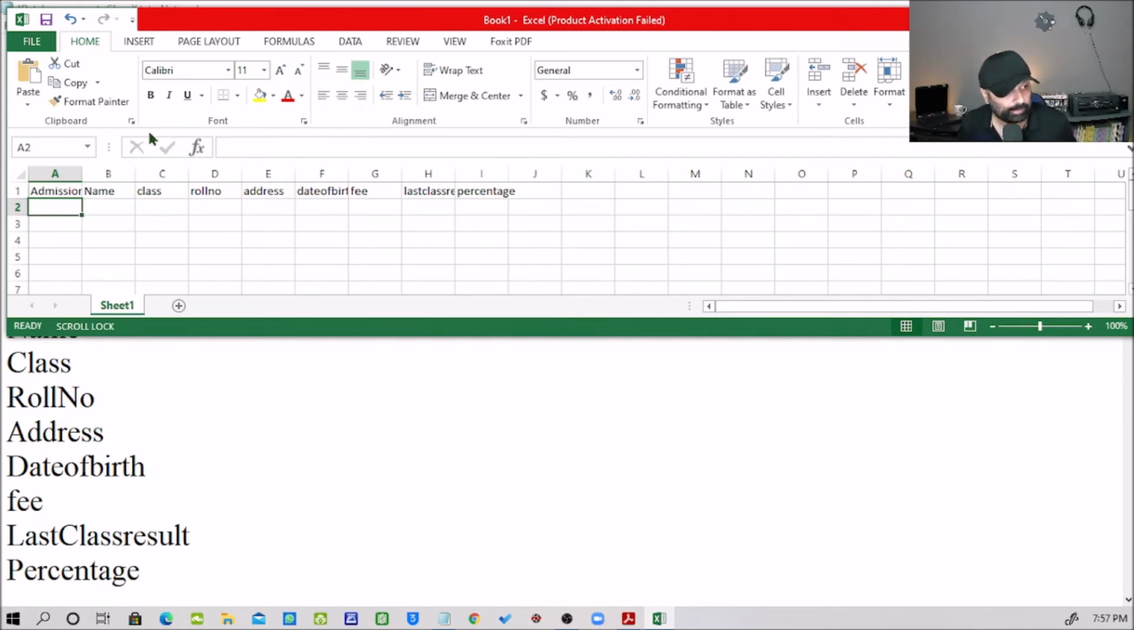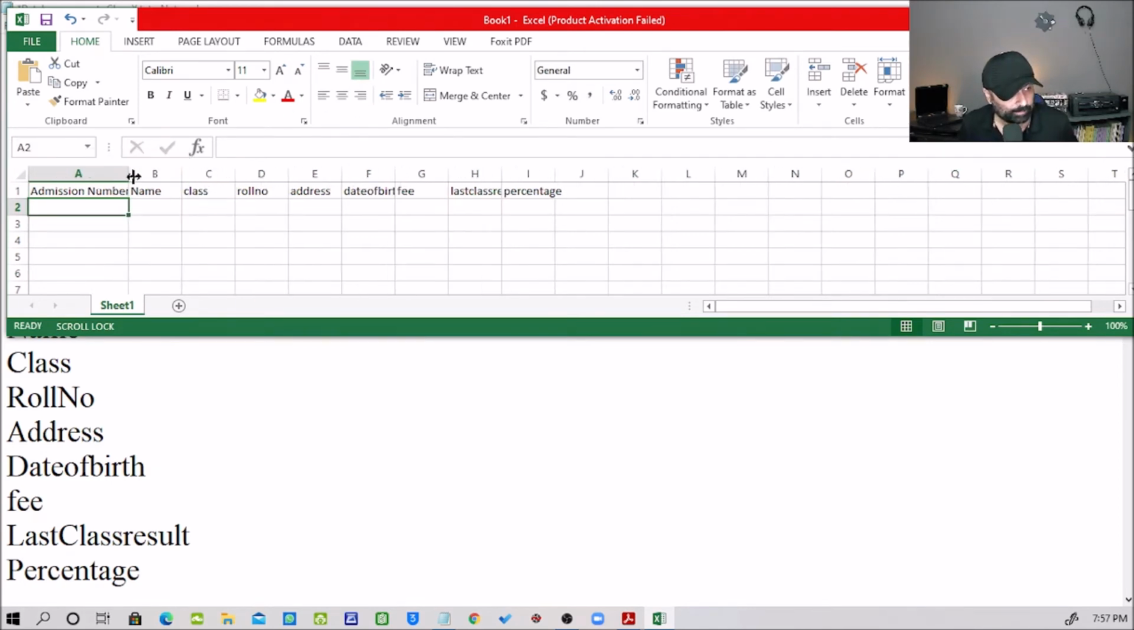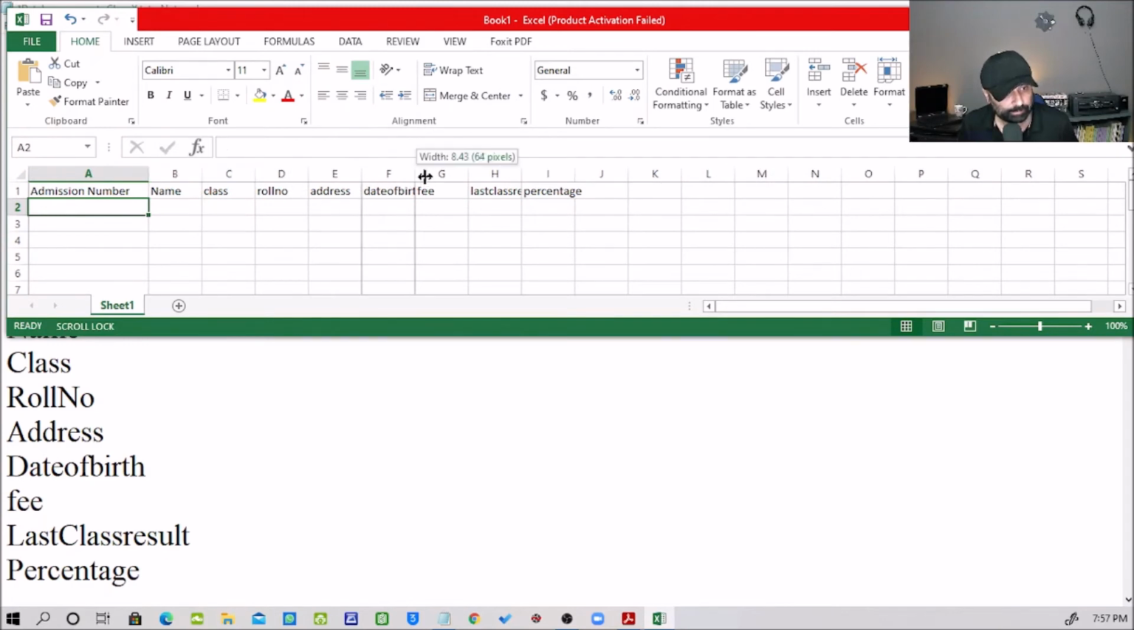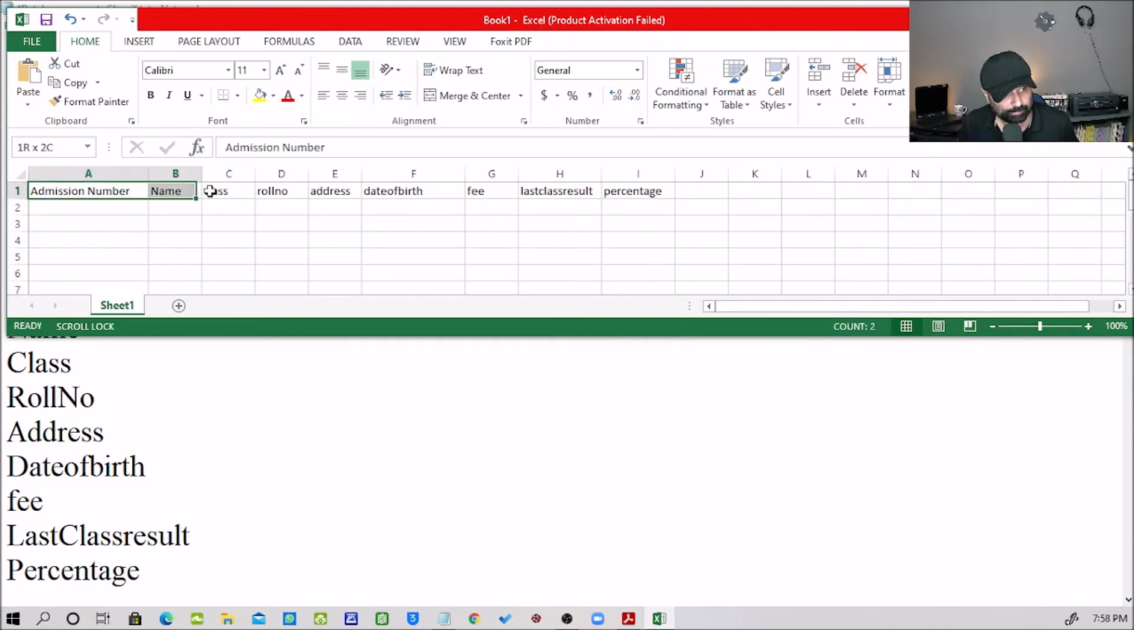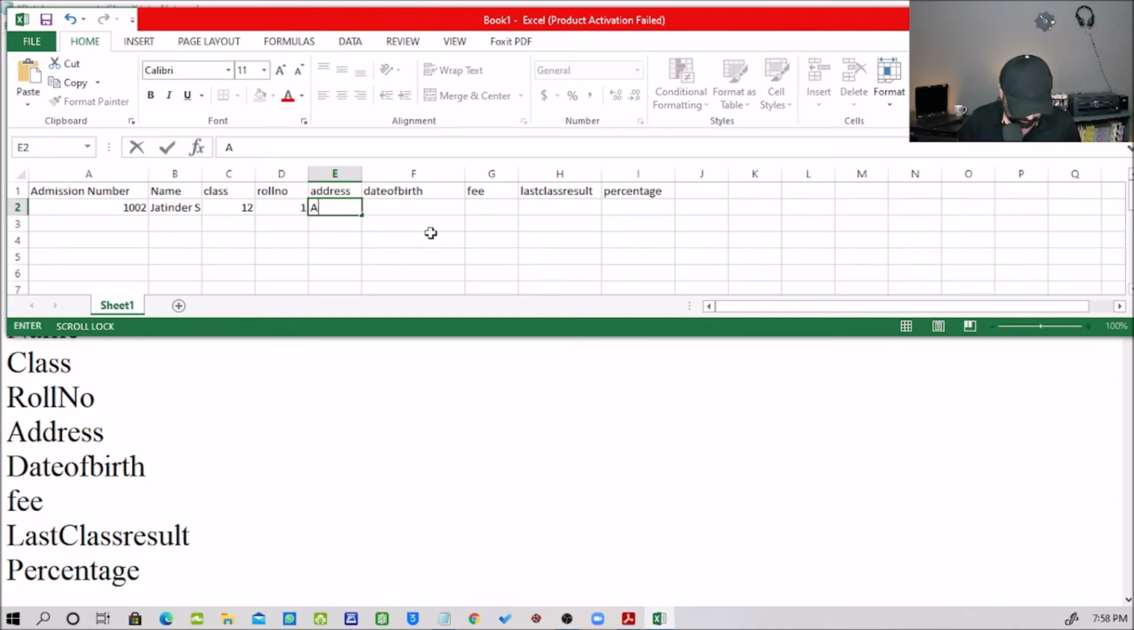Now here in Excel, when I store my data, these are my columns. So all these are my columns, and I'll write, let's suppose, 1001 or 1002, I write Jitendra, I write class as 12th, I write roll number as 1, I write address as Amritsar, date of birth, let's suppose